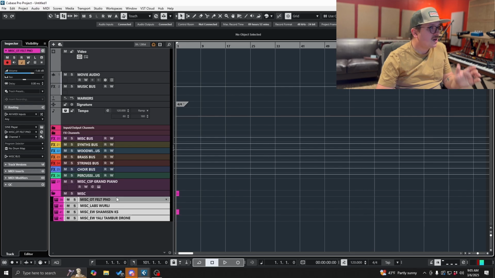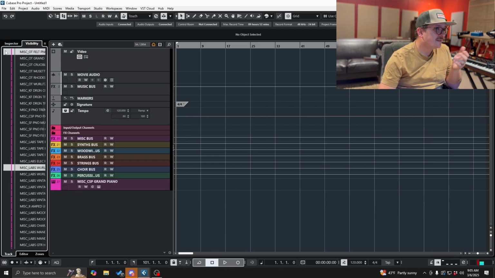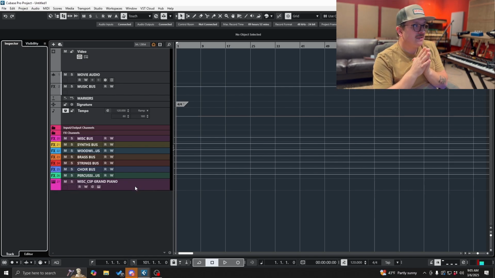And then if I end up not wanting it and I want to get rid of it, I can deactivate them. I can go to visibility and hide them. There's a lot of different things that I can do. But the reason that I have my template set up this way is when I was thinking about how to